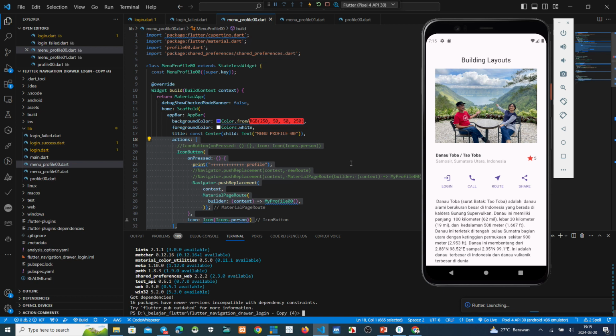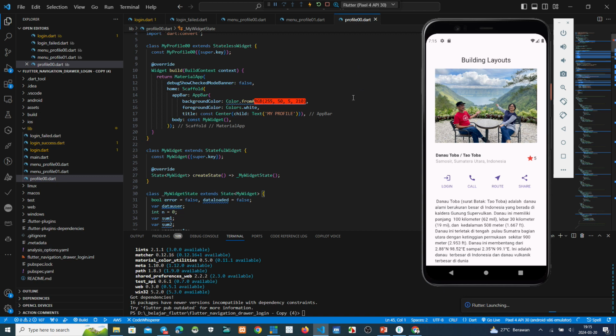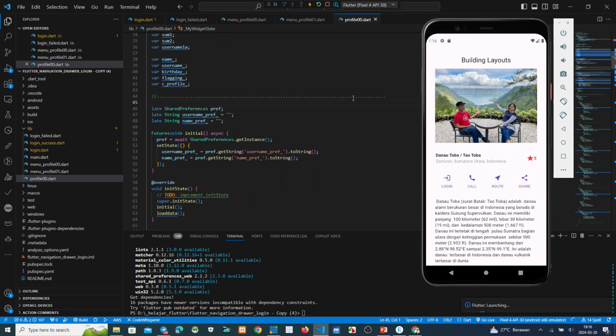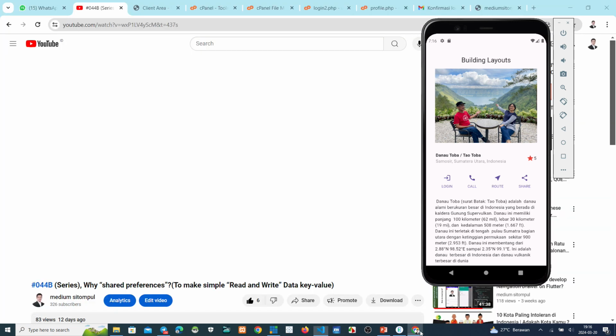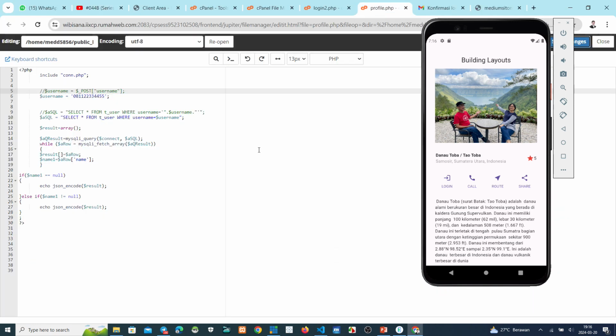Okay, moment please. After that, we see this profile. Where is the profile name? Profile, this one, profile PHP. You can see this profile PHP.